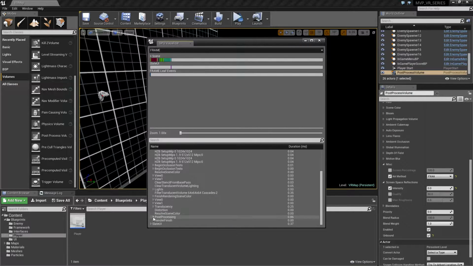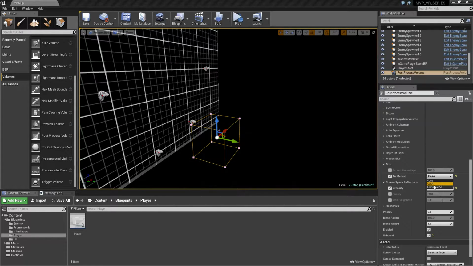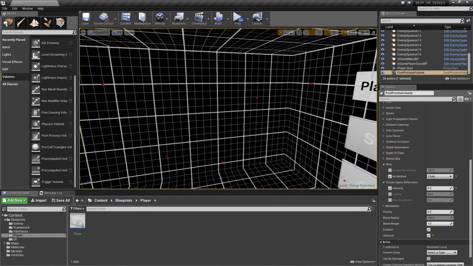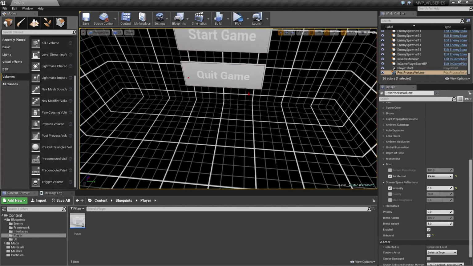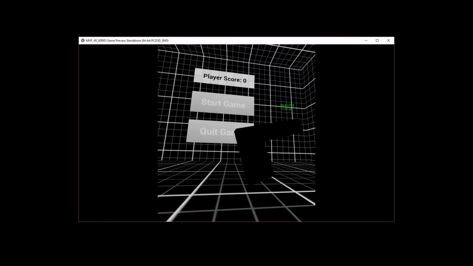We'll go into our post-processing. It looks like it's going to give us a little bit more for our post-processing. AA, 0.16. So it's a combination between the temporal and the none. So it might give us a little bit of a quality difference. So now that we've made it perform a little bit better, when we're playing our game and we start, there's